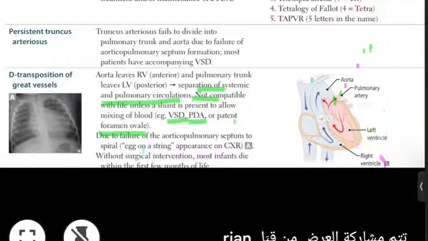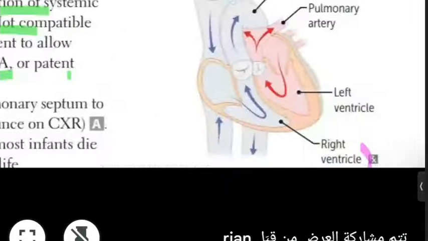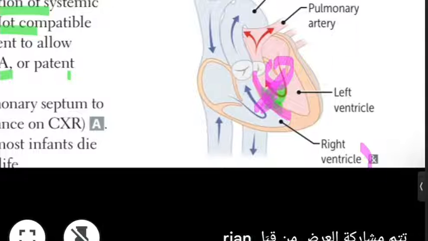And we say that we need a defect like the patent ductus arteriosus, the ventricular septal defect, or the foramen ovale should be patent in order for this patient to live. So you need a defect here in the septum. Okay, you need a defect in this septum. It needs to be a defect that carries oxygenated blood from the left ventricle to the right ventricle, so he can survive. Okay, or